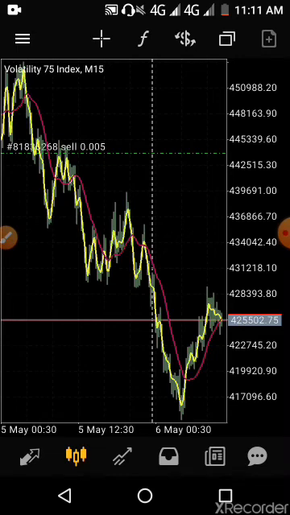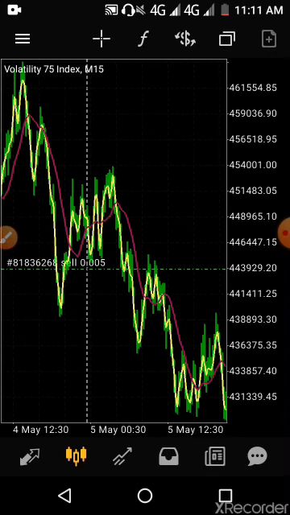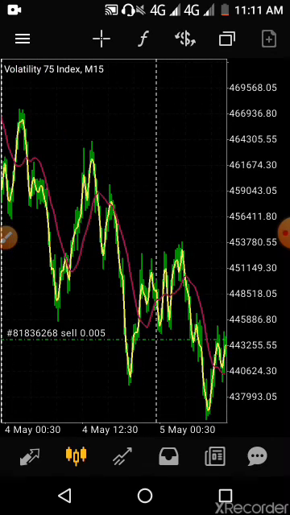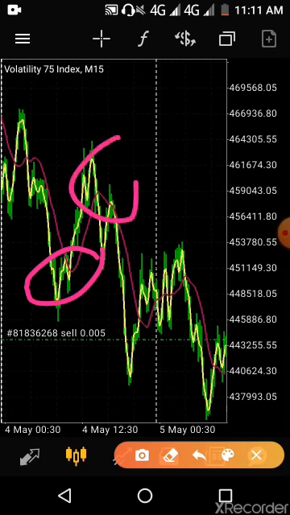This is M15. Can we see the W's? That is a W written by the 2-period moving average. That's a W over there, and this is an M over there. All right, so let's go to